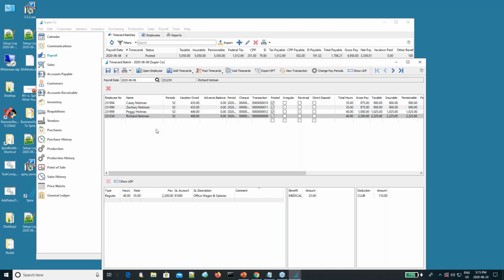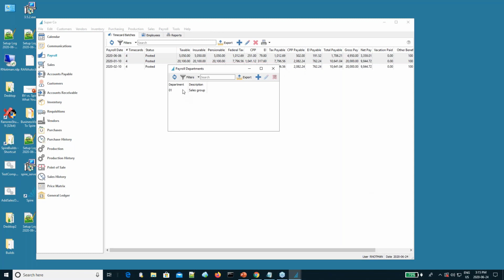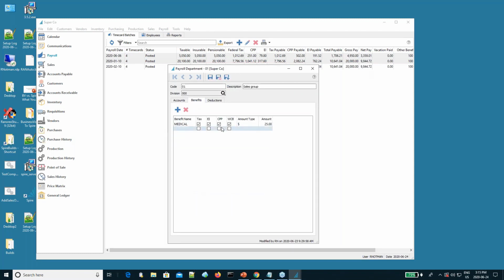Lots of nice changes have come over time. One neat one is if I go in and show you the payroll department. If I go into payroll departments, you can have many payroll departments. In this case, I have one. In that payroll department are benefits and deductions, and those can actually be set up to be global deductions. Just to show you an example, if I make my medical deduction $35 and I save and close,